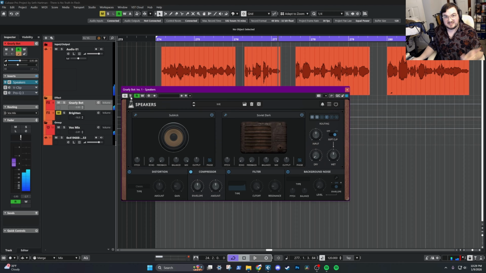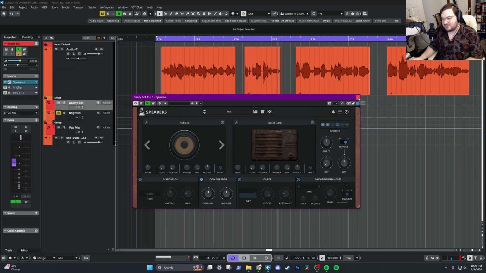Which makes sense, right? We're going through a speaker. We're not inside of your head. I'm not going to mess with any of this because I spent a long time dialing it in. I don't want to mess it up. But yeah, there's a bunch of options on speakers. Definitely check it out. If you do any kind of vocal anything, it's very powerful. And there are a lot of good presets, and you can customize everything really well, and you can use just the speaker or just the microphone or whatever. So definitely check that out.